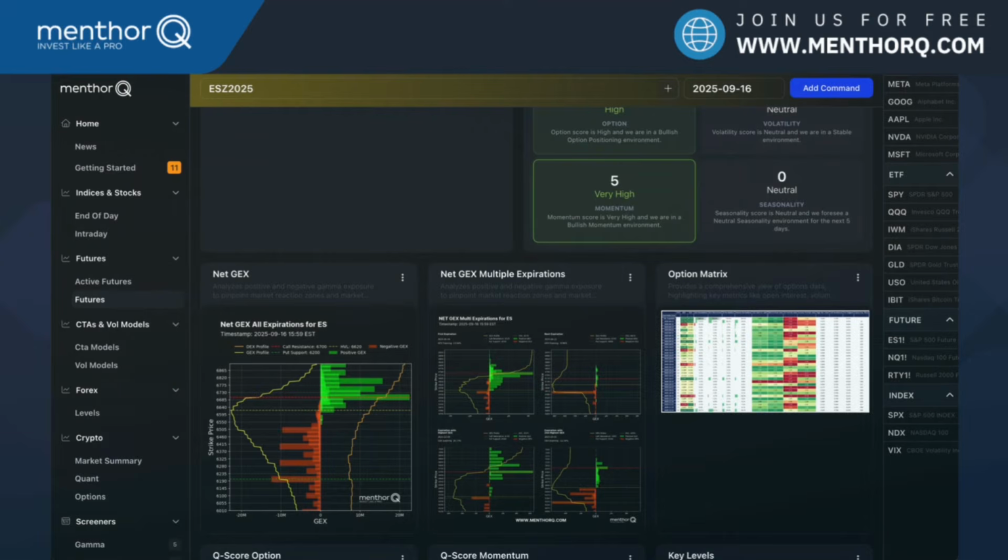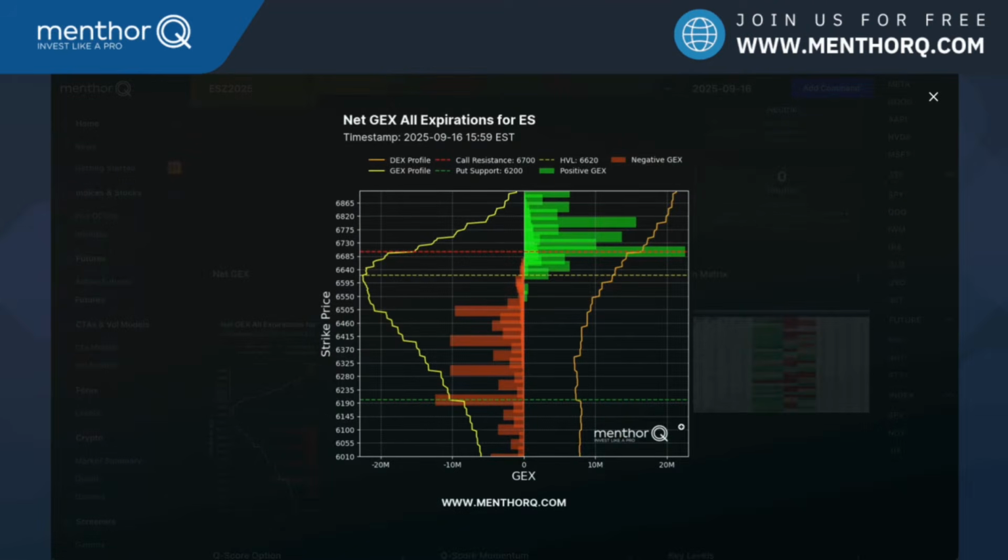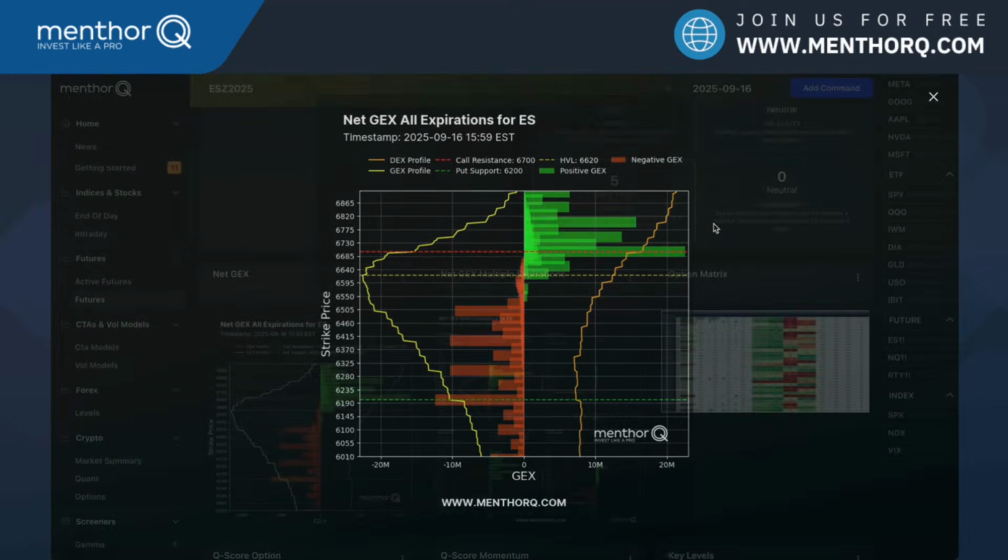So what do these bars mean? The green bars indicate a positive gamma exposure, which tends to stabilize price and reduce volatility. The red bars indicate a negative gamma exposure, which can amplify price moves and increase volatility. Those typically represent big market reaction areas that you should be paying attention to. This is where dealers are hedging. This is where dealers will come in, and basically, very, very important.